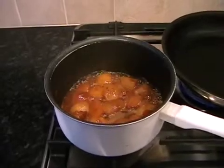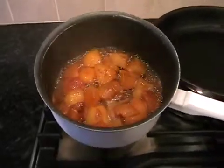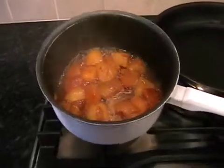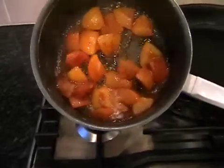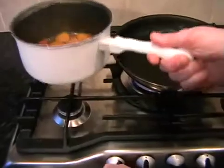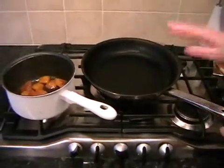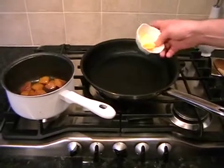Okay, it's been 5 minutes and hopefully the plums are looking something like this. So they're all reducing beautifully now, so there's like a syrupy consistency. And we can turn the heat right down on the plums. And hopefully you've turned your frying pan on to a nice high heat, and we can add in the knob